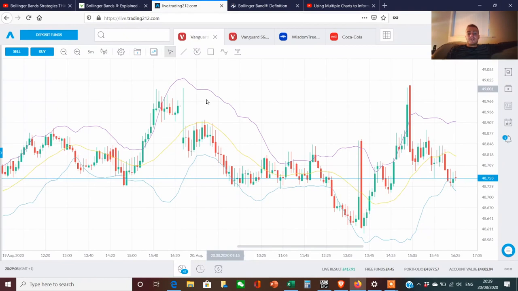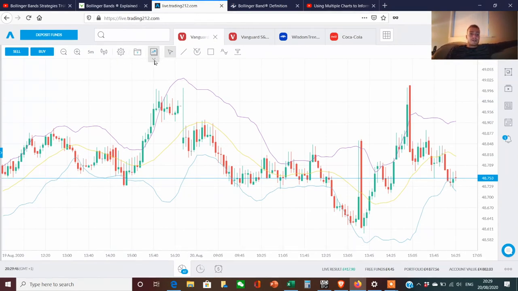So basically what all of this means, first of all, when it's wider, as you can see in some areas it's wider, this means there's more volatility, and when the Bollinger Bands are closer together, this means less volatility. Now when it's two standard deviations away, essentially what this means is that in between the purple and blue line, this area inside, the price will remain in 95% of the time. Now, if you was to